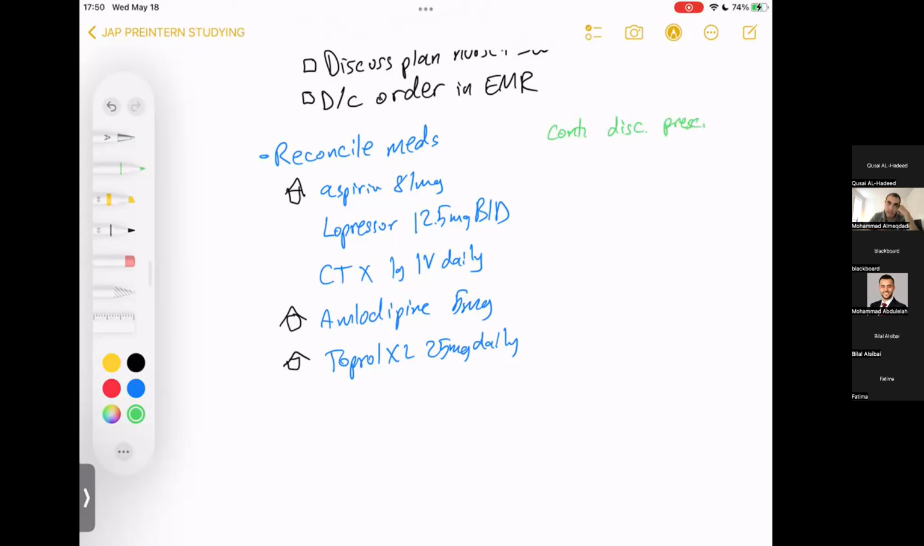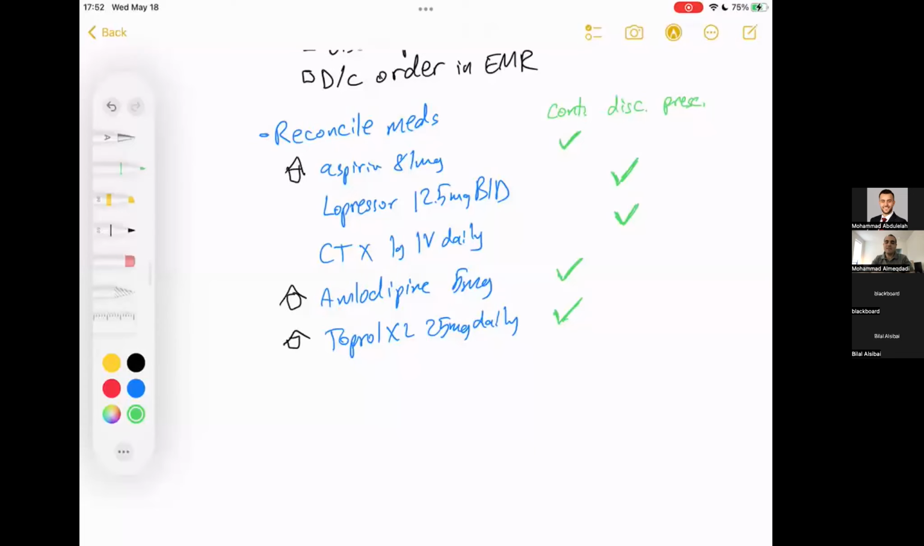So what's going to happen is that you're going to tick the box, like, okay, aspirin, I'm going to continue. Okay, Lopressor BID, I'm going to discontinue. All right, ceftriaxone IV, it's out, you're not going to send somebody home with IV medication. Okay, then you're going to continue amlodipine, but the doctor is like